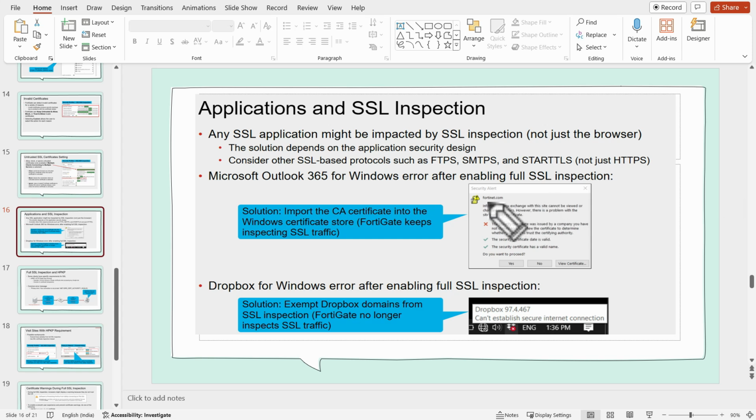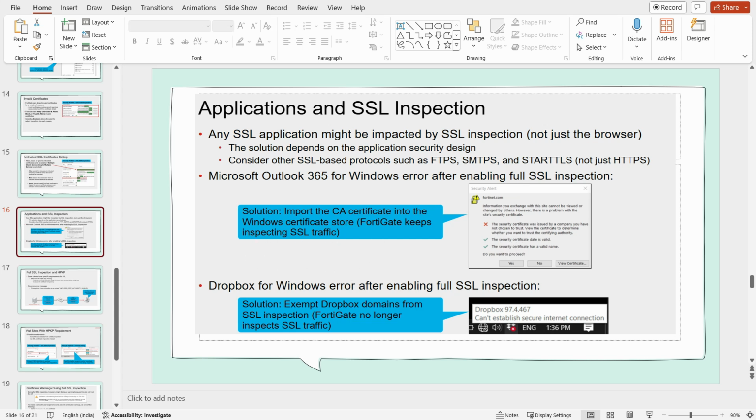We can see a security alert from Fortinet. This is related to all Outlook users, who are receiving these errors. Solution: import the CA certificate to the Windows certificate store so that FortiGate keeps inspecting the SSL certificate.